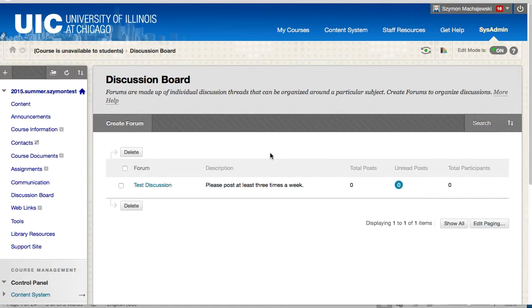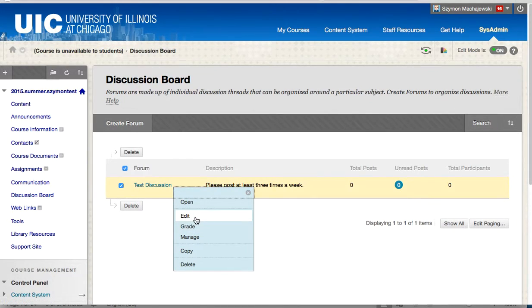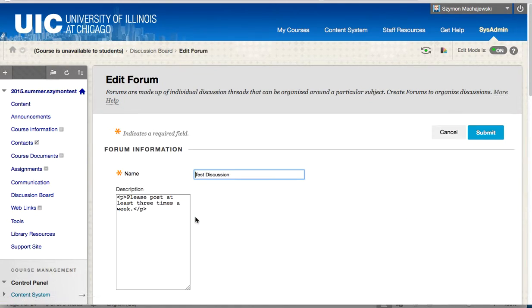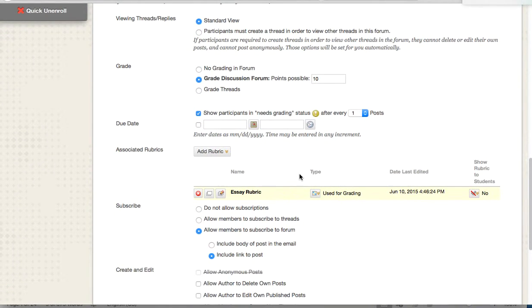Hello. Today I'd like to show you why during the course copy process sometimes the results are not what you may expect. An example here is of a discussion forum, and in this discussion forum I would like to use grading, and also I attached a rubric to the grading so that my students know what to expect when I